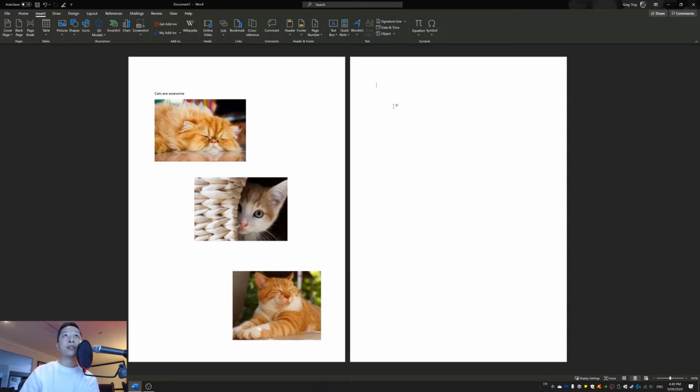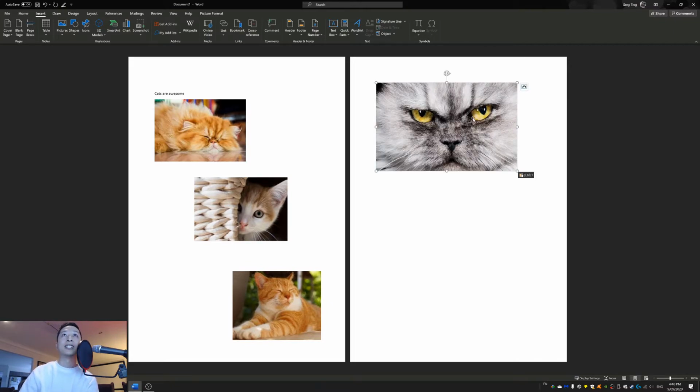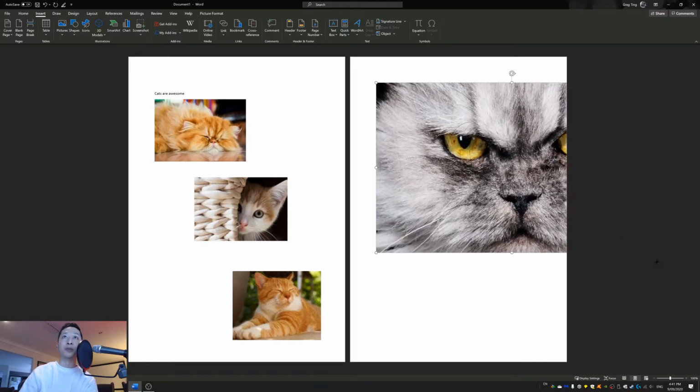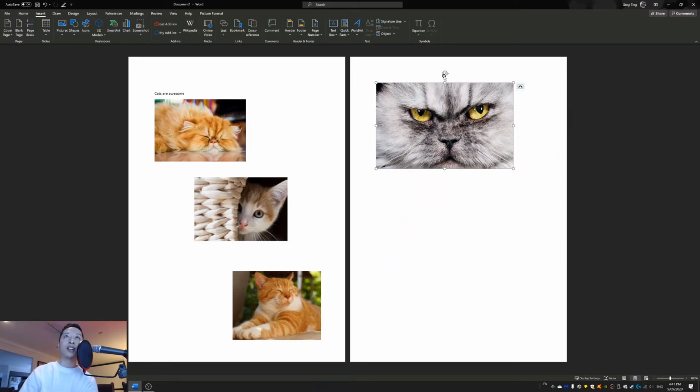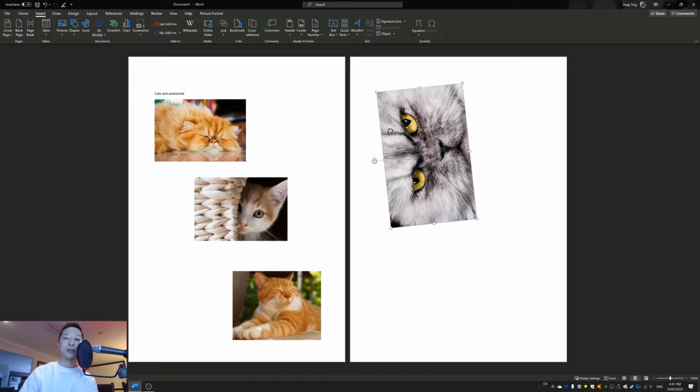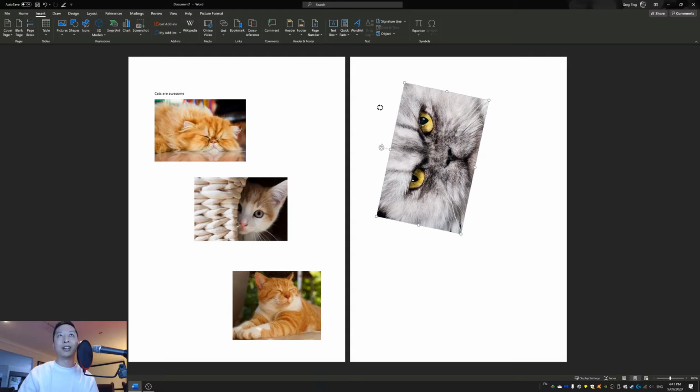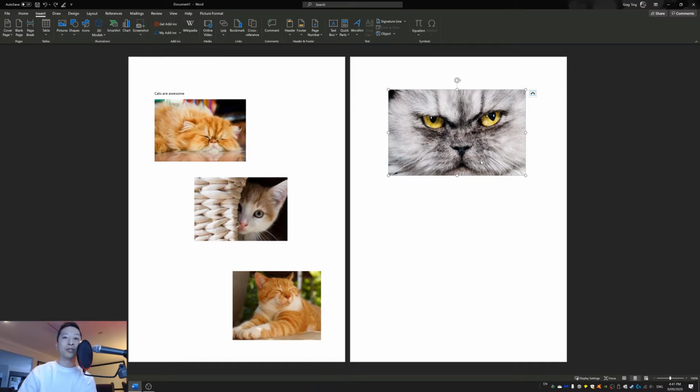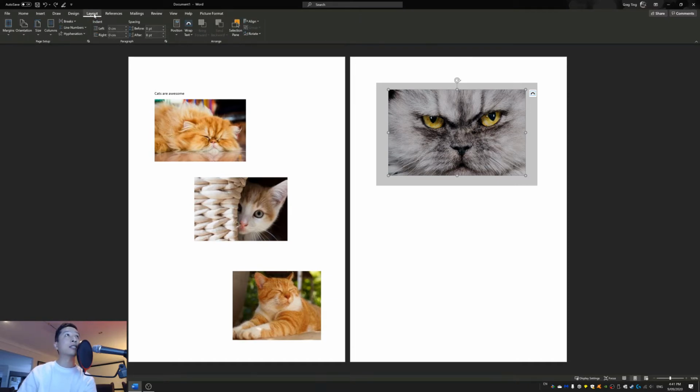Now, let's say I've got my page break and now I can paste my cat down, which is this guy. But I want this page to be landscape because I want him to be really imposing. Well, I can obviously turn him around like this, but that would be really annoying to do because then when it prints out, it won't print in landscape. And sometimes you just want to print in landscape. Say for example, you've got some Excel stuff that you want to paste in here and it looks sideways, or it's an A3 sheet. So what you do is you go to Layout, and then you go to Breaks,